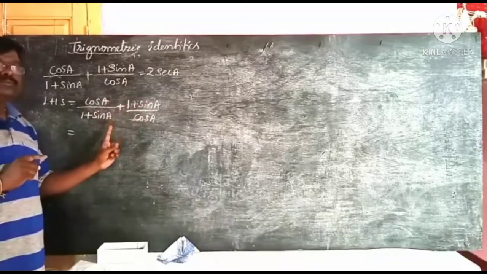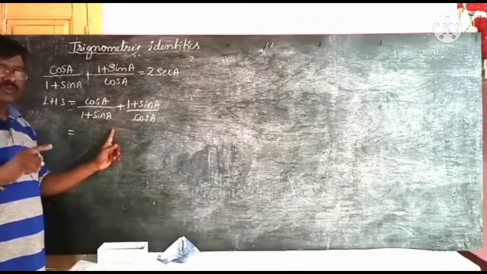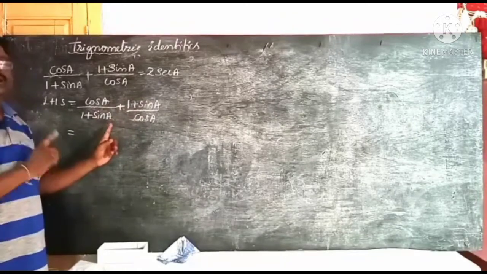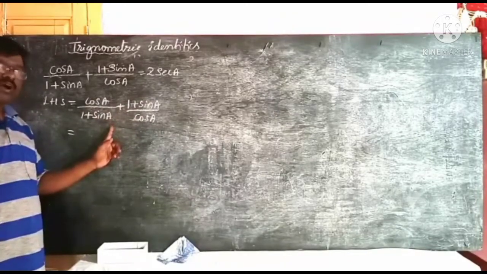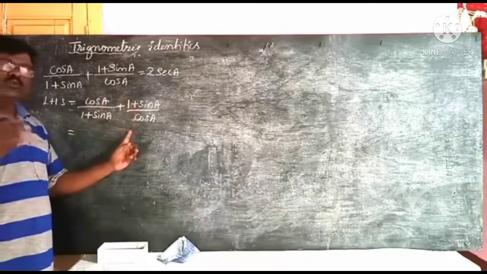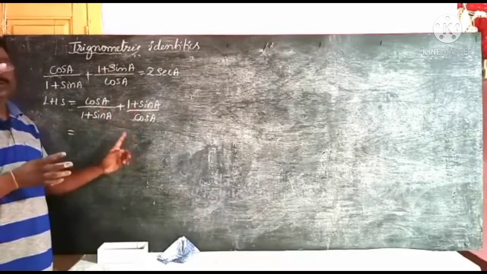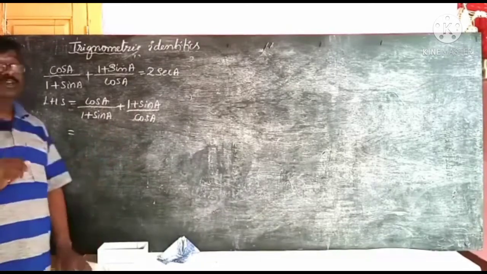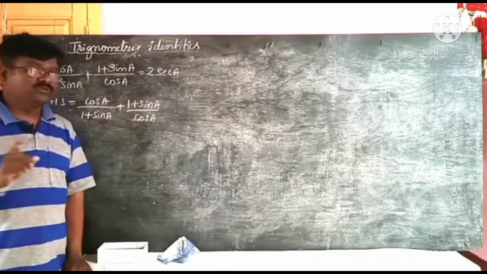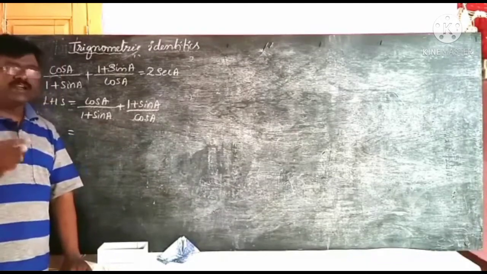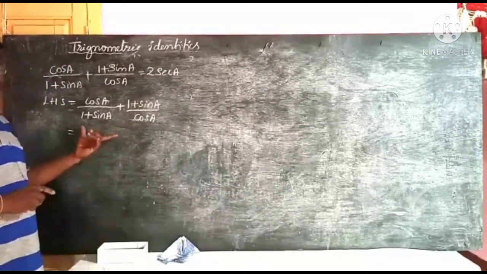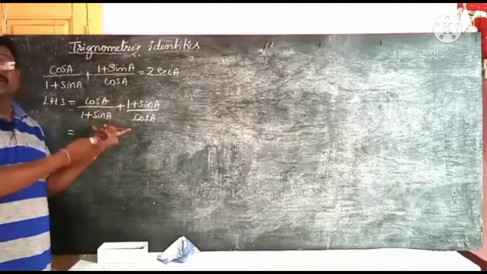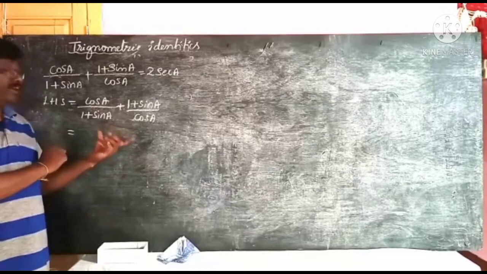Just see if any step is in a square form, whole square, or whole cube, then only is it a trigonometric identity or algebraic identity. In these steps there is no whole square or cube. Especially, only one is in algebraic identities: a plus b into a minus b is equal to a square minus b square. Except for that algebraic identity, the remaining ones you can easily identify.